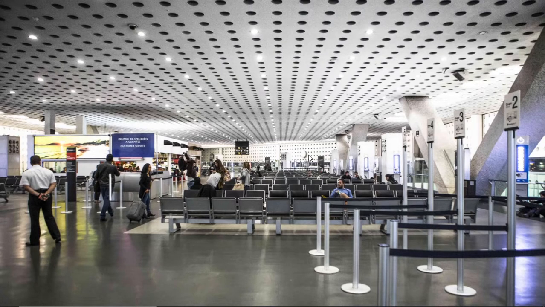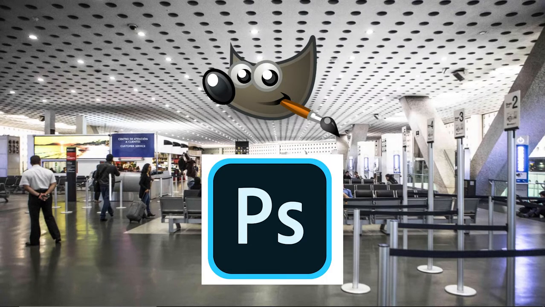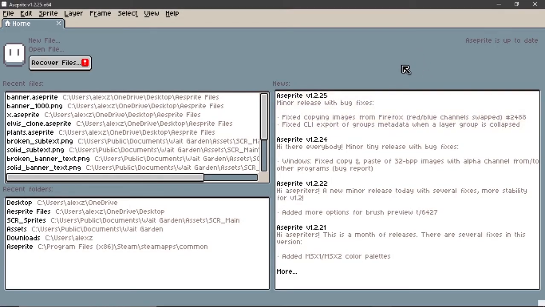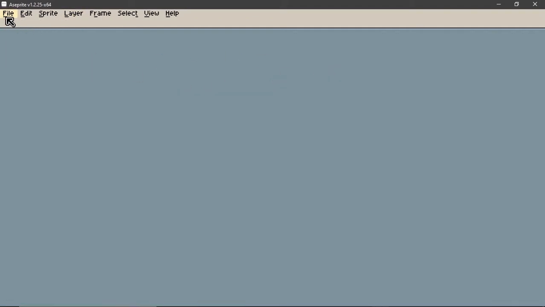Then we got GIMP and Photoshop, the two main well-known programs on the computer. So the first program that I'm going to start out with is going to be Aesprite because it's one of the most well-known. So as you can see, we have Aesprite open here, and I'm going to talk about why